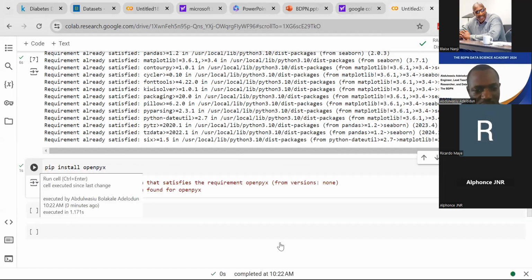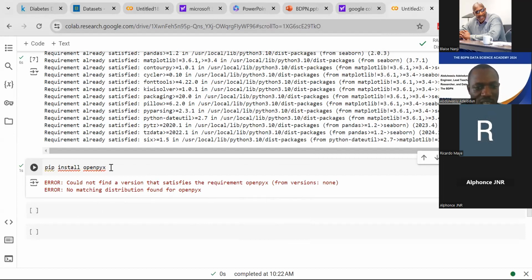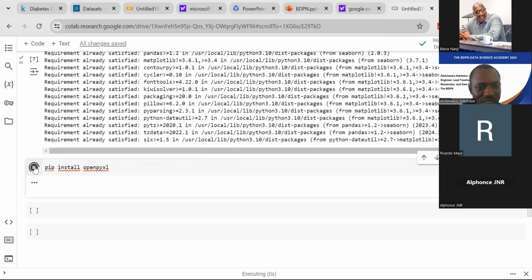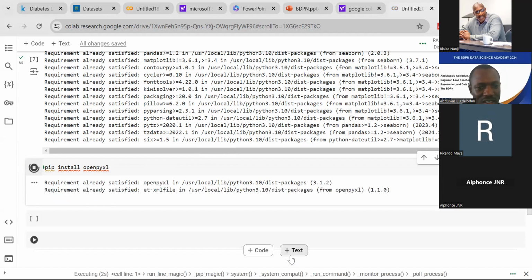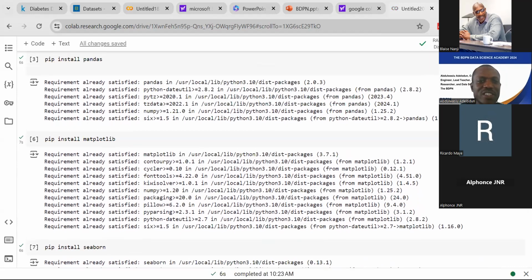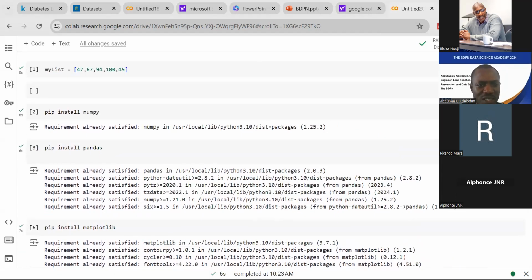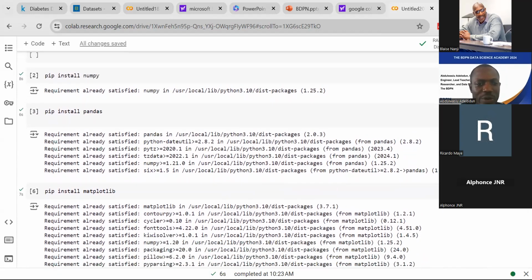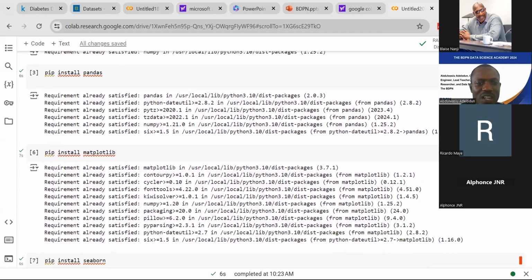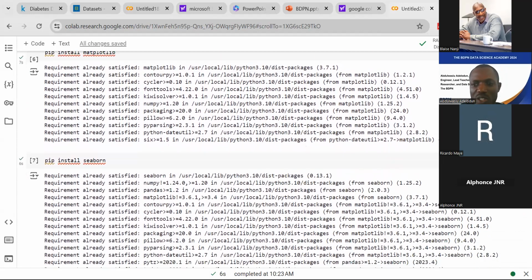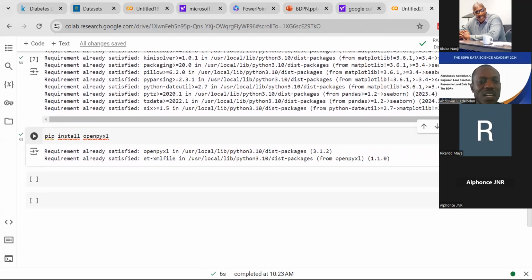You can now begin to, what happened? No matching distribution found for openpy. Okay, xl, there is xl at the back. Let's see. Okay, installed. So you have to install everything. After you have installed, these are the major ones: you install NumPy, you install Pandas, you install Matplotlib, you install Seaborn, then you install